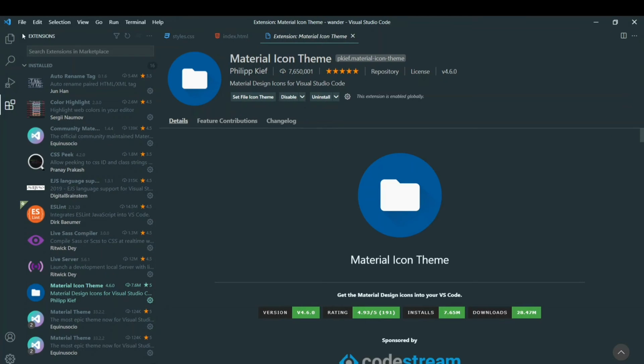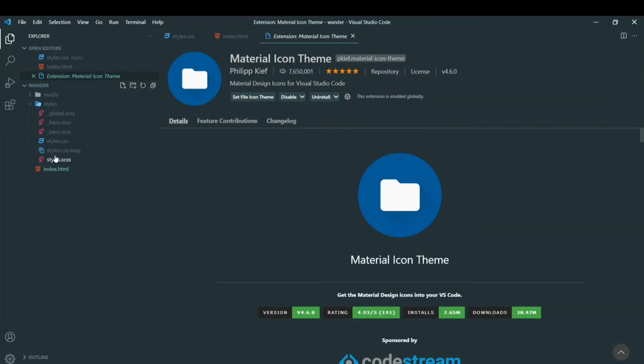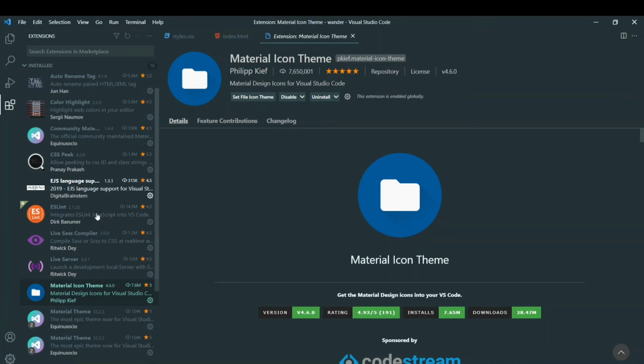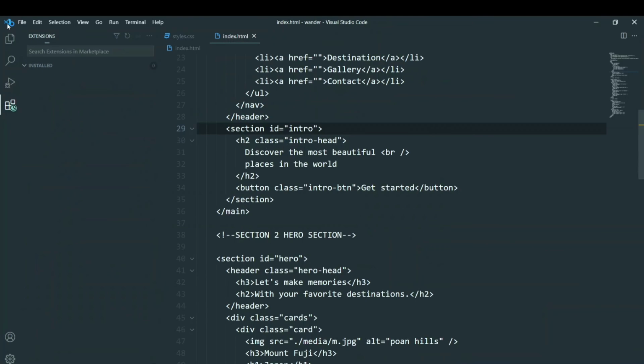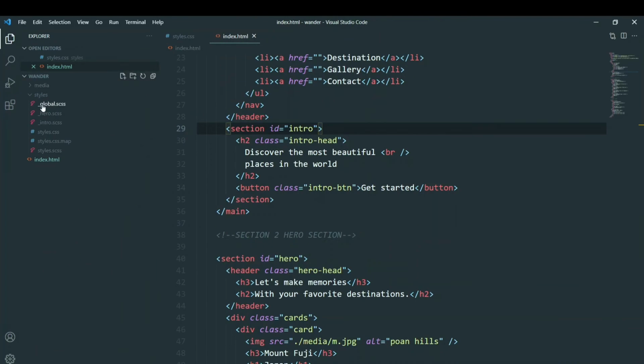Now what this actually does, so see here. Now let me just disable it once. Let's disable it, let's reload it. Now if you check out my files, you can see now pretty dull icons are there for HTML, CSS and Sass, and for different files that I create. So they are pretty dull.